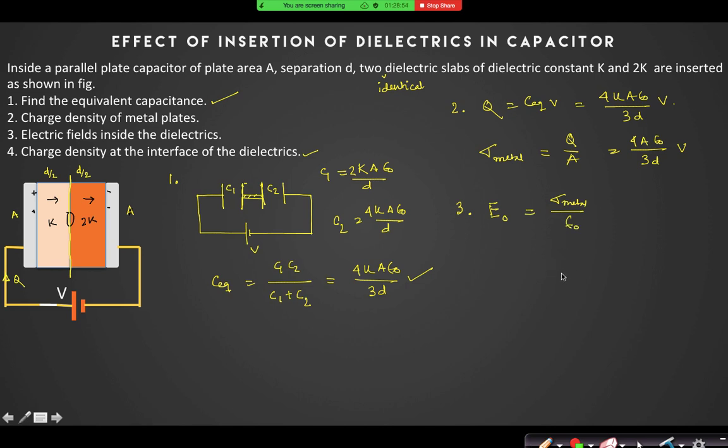Yes sir. Sigma divided by epsilon naught. And what is the electric field inside the dielectric? Inside the dielectric, the net electric field, if I say the electric field inside this K, will be E naught by